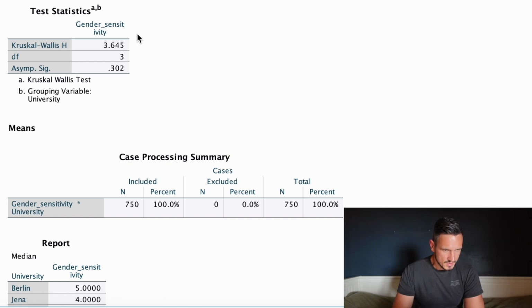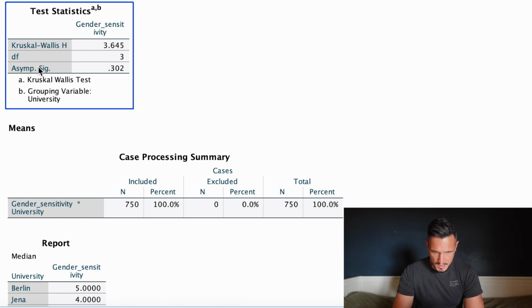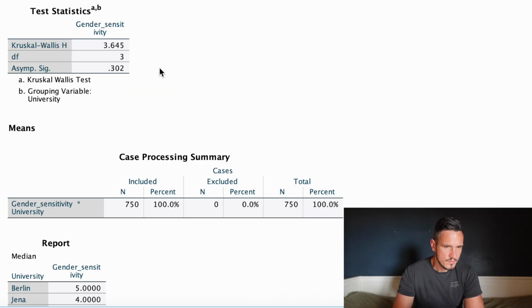So let's take a look at this test statistics table, and we can see here that in this Asymp. Sig. row we have a value of 0.302. So this is a p-value, and as this p-value is above 0.05, it indicates that we don't have a significant effect of the independent variable on the dependent variable. So that's how we interpret the results of the test, but let's now take a look at how to report